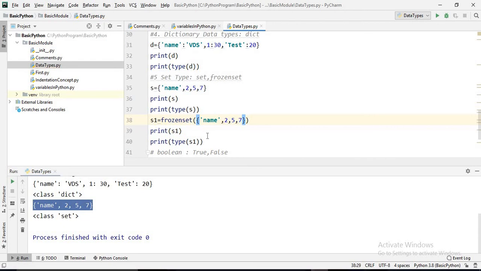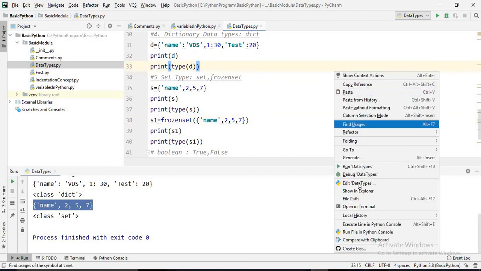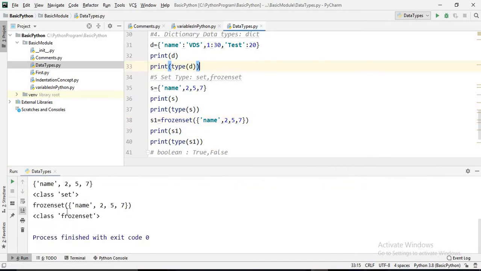Why we use frozenset will tell you the difference between set and frozenset, and also the use of frozenset. The word says it: it is used for immutability of the set, and we'll discuss it in great detail in a separate section on set and frozenset. But for now we need to know how we can represent this one. So let's run this and see what the output will be. See, it tells you the frozenset value, and the data type is frozenset.